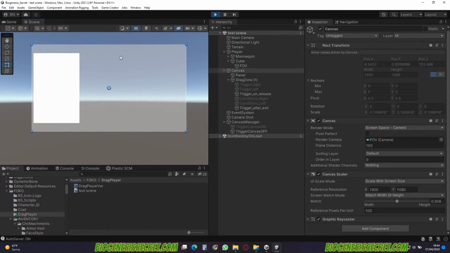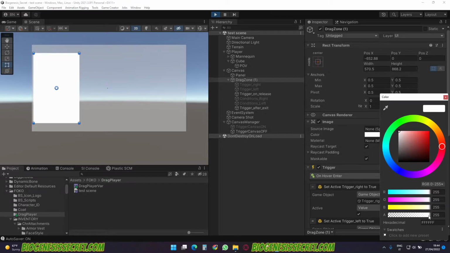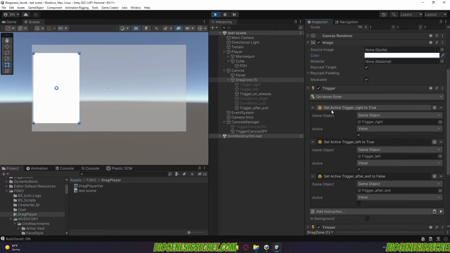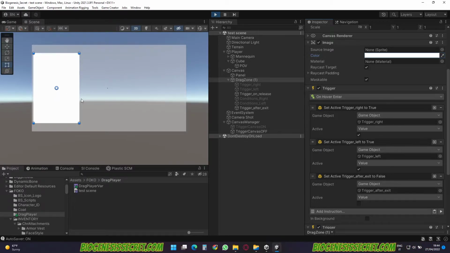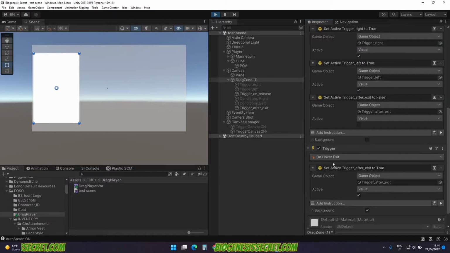This is a panel, the white transparent, and then I add a drag zone, which is the player. Now this drag zone doesn't need to be white, but you can make it transparent, or you can make your own image if you want over there, but it has to have an image, because with Game Creator 2, actually with Unity, for detecting the mouse going inside on hover enter and hover exit, it has to have a graphical collider, which is in my case image, which is the drag zone. So on the drag zone we add two triggers, on hover enter and on hover exit,